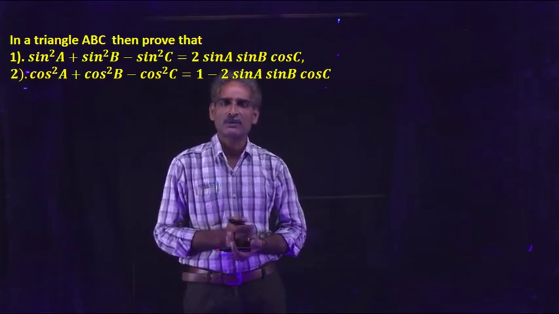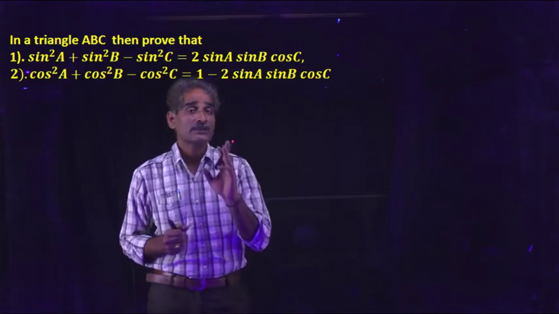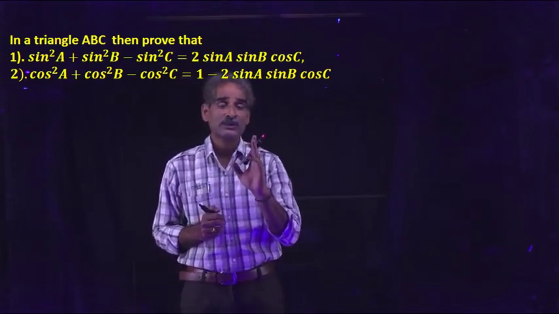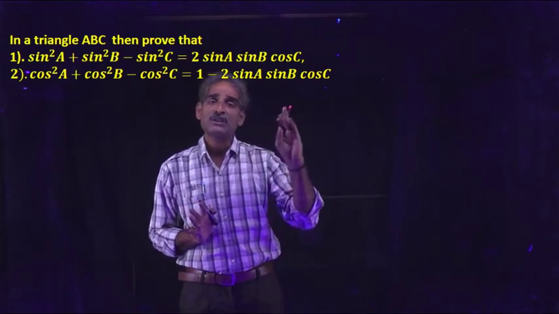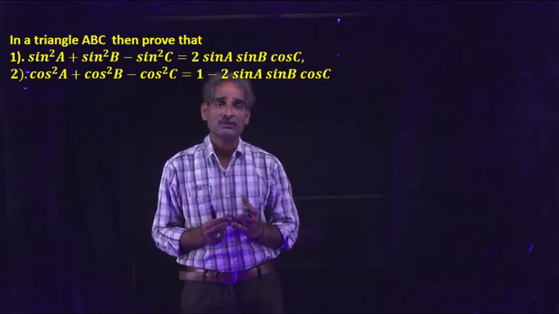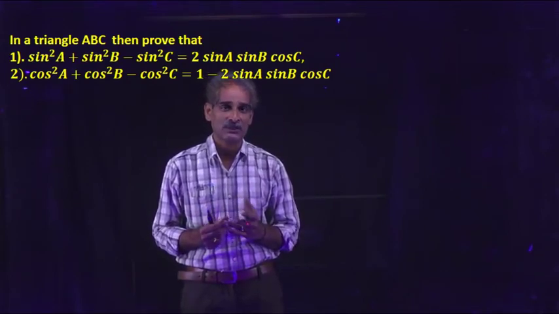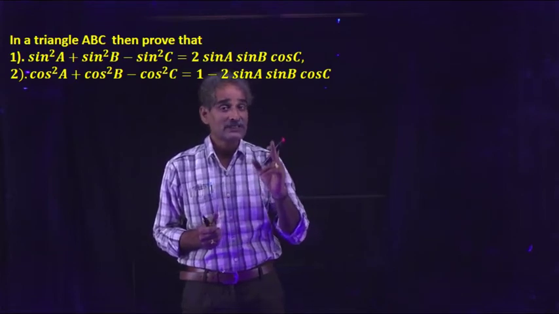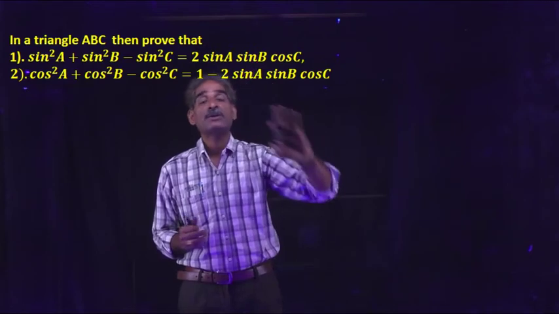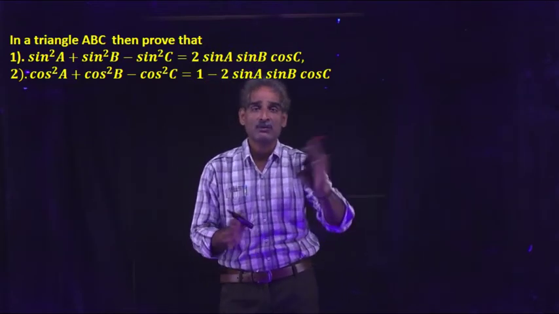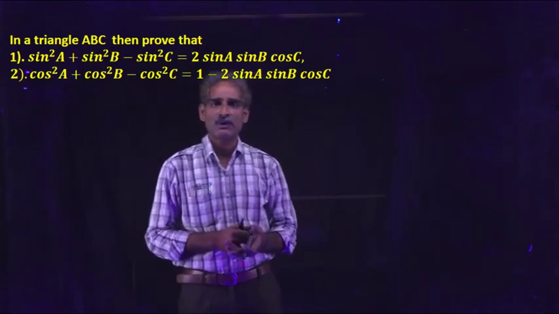Otherwise, by changing into first degree functions, you can follow the procedure we have done in the previous sessions. Okay, so here there are two methods. We can do any one. The first method is by using the square formulas for transformation, sin²A minus sin²B, cos²A minus cos²B. Otherwise, by changing the second degree functions into first degree functions, we can follow the same procedure we have used in the previous problems.